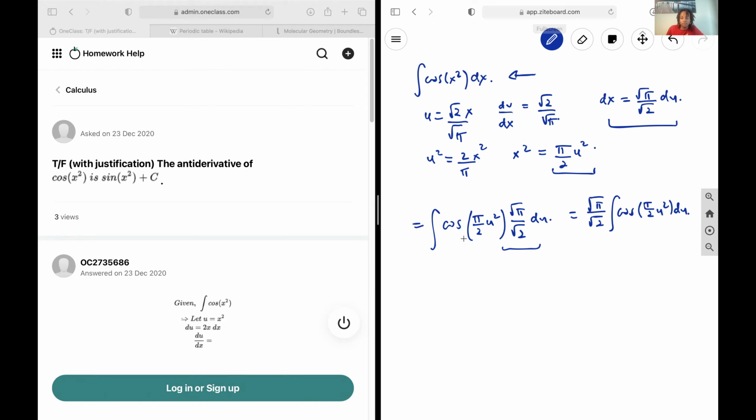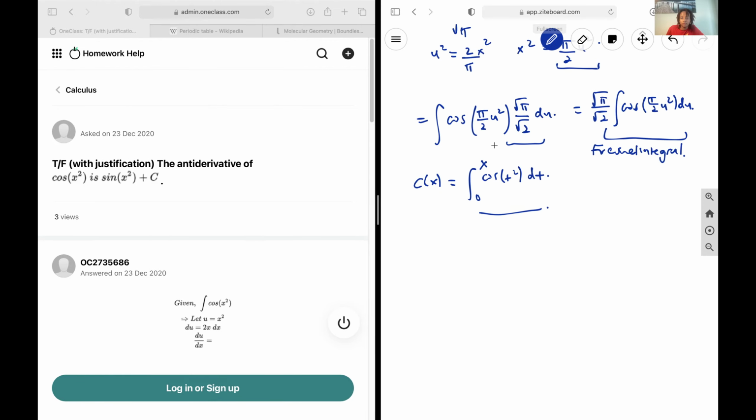Okay, and then this is actually called a special integral, called the Fresnel integral. And that basically just states that C(x) would be defined as the integral from 0 to x of cos(t^2) dt. And so that means that this integral that we have, so the integral of cos(πu^2/2) du, is going to be equal to